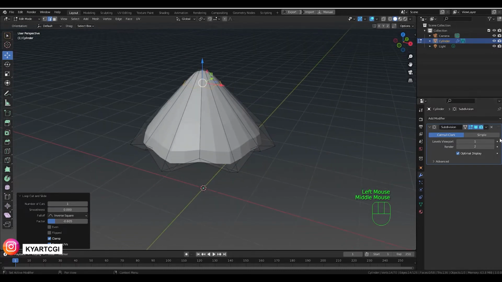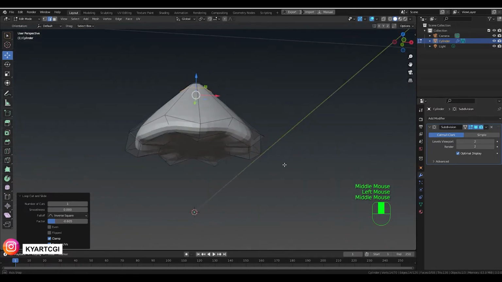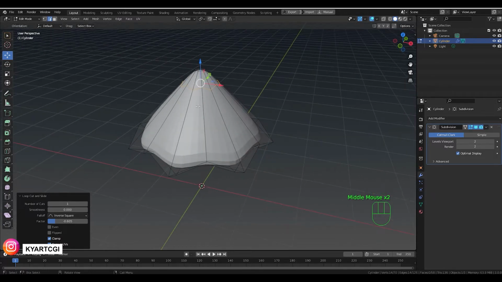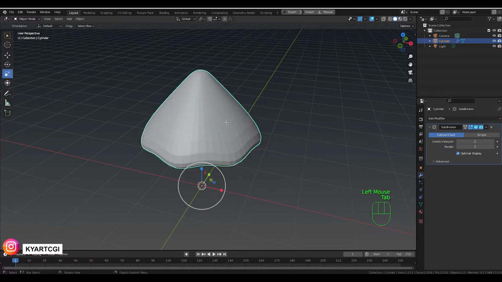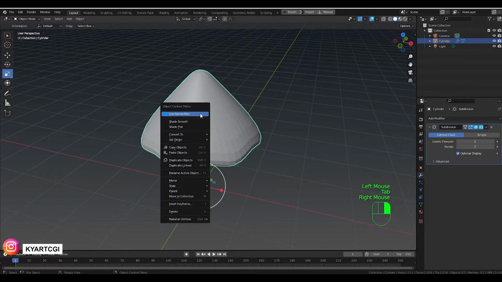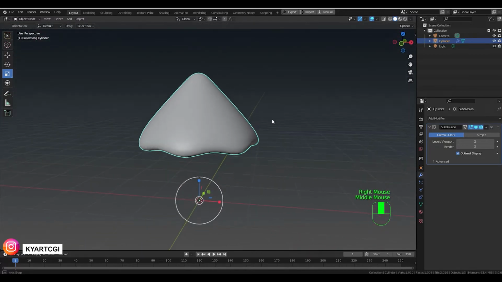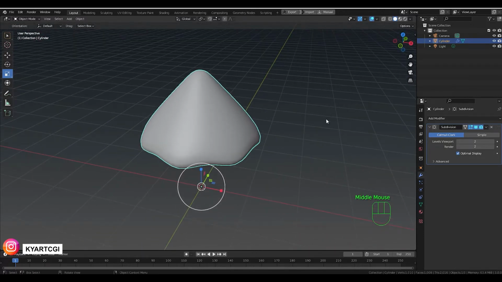You can see something like that, and we're going to get out from edit mode with Tab, then right click and shade smooth. We're going to smooth the normals, then